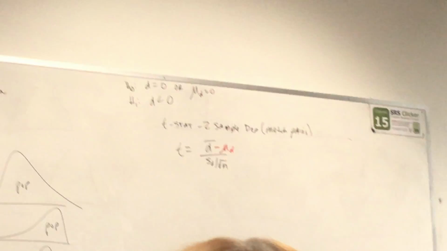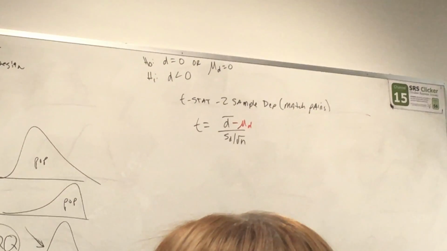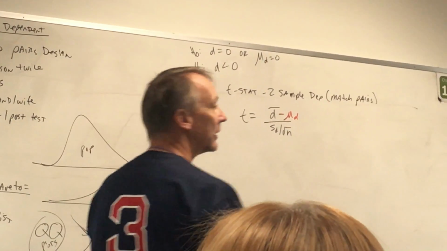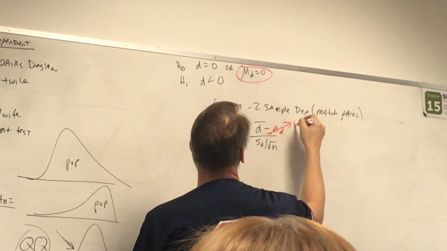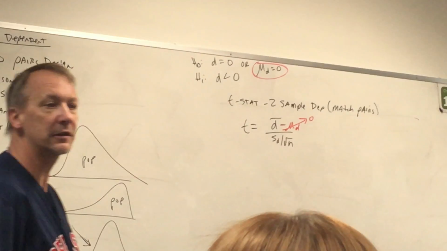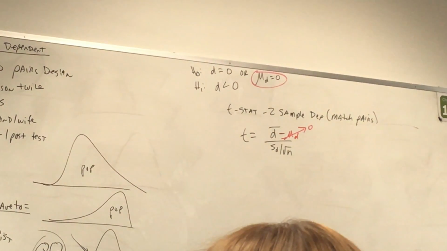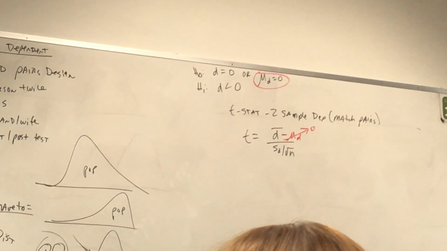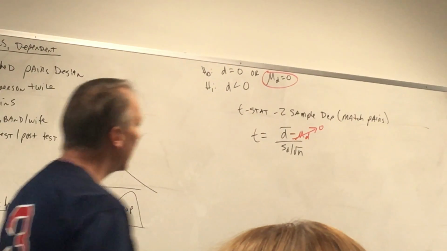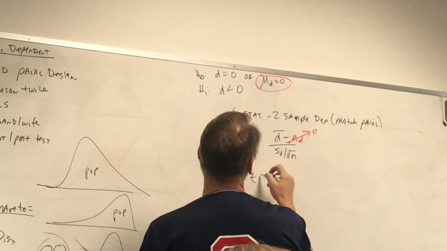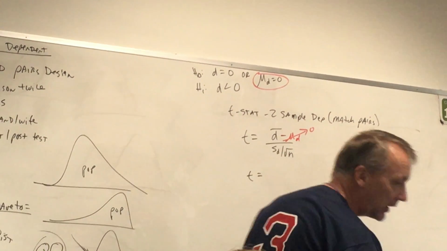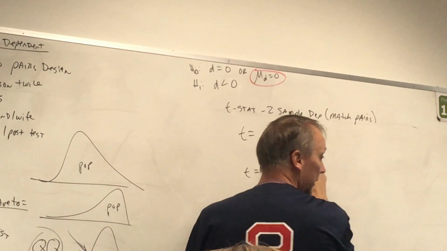Why do you think I didn't put that in the formula? 0. Because it's 0 because of what? Your null hypothesis. That's always going to be 0 under the null hypothesis, so just make sure you remember that. Okay, so in this case, t equals my d bar, which is negative 0.01317